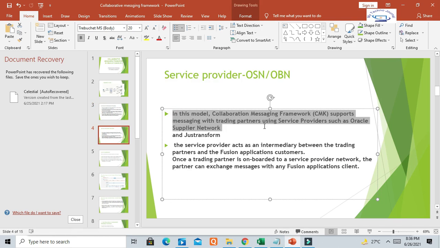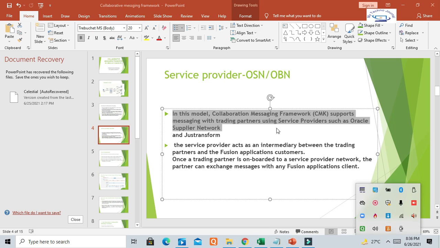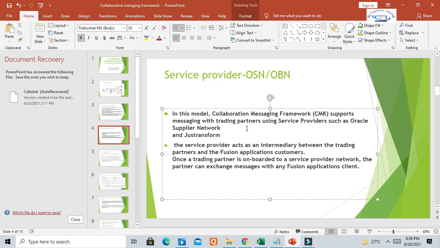So in this model, the collaboration messaging framework or CMK, as I told you, supports the Oracle Supplier Network. The most popular one is Oracle Supplier Network, or currently it is Oracle Business Network.